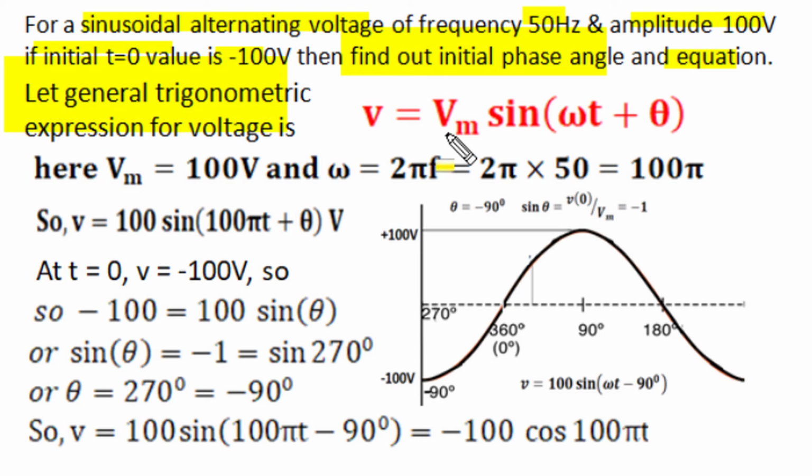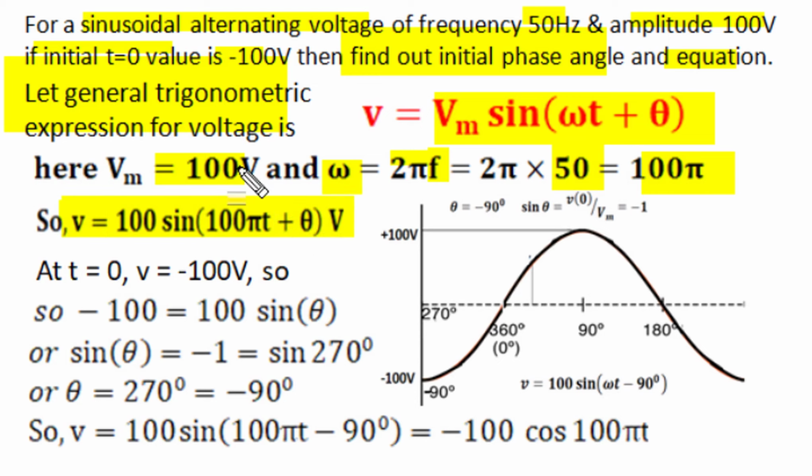Let its general trigonometric equation be v equal to Vm sin omega t plus theta. Here Vm, the amplitude of the sinusoidal signal, is given as 100 volt. Omega has a relation with frequency in Hertz, 2 pi f, and the frequency is 50 Hz. So omega is 100 pi radian per second. So this general trigonometric expression of instantaneous voltage v will become 100 sin 100 pi t. We have substituted the value of voltage amplitude as 100 volt and the value of omega as 100 pi radian per second, and theta is the